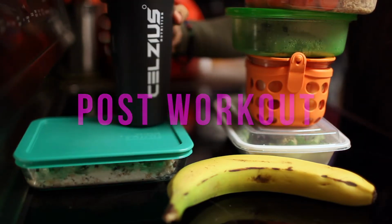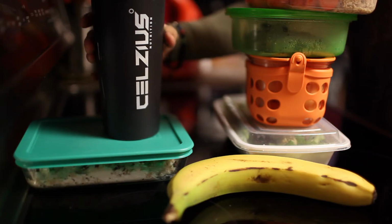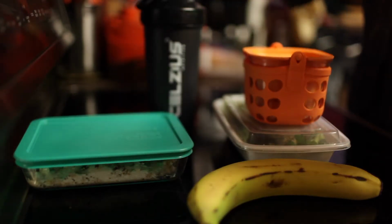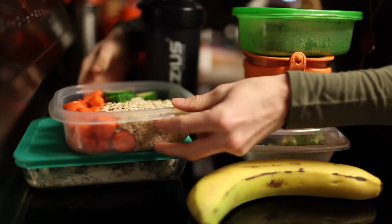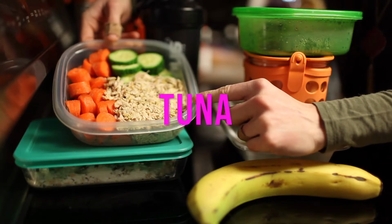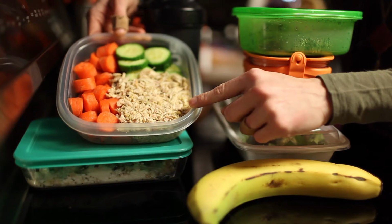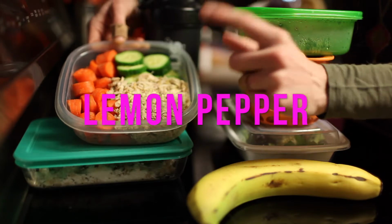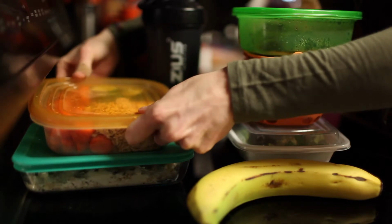Post-workout, I will do Celsius protein. I think this one is the chocolate coconut. Yes, it's amazing. And then I'll do a banana as well. Next meal, I think this was 2 medium carrots I just chopped up, maybe half a cucumber, and then tuna, which I added mustard to, which was a whole grain mustard. I actually made it a few years ago, and it's really good. And then I put a dash of lemon pepper as well as a little bit of dill. So that'll be great. And lastly,